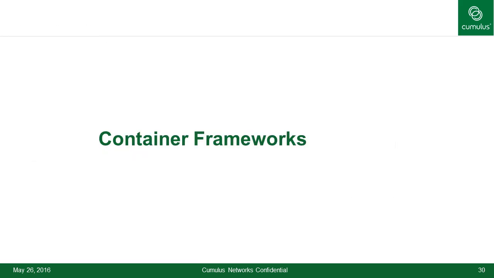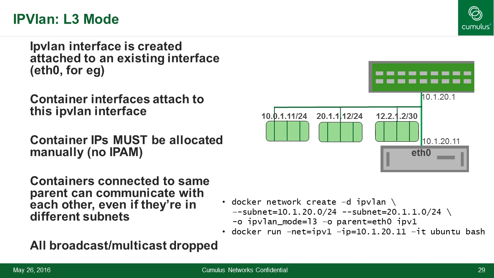The next one is IPVlan, which is yet another driver inside the Linux kernel. IPVlan does not have anything to do with overlays, does not create a new way of constructing IP-in-IP encapsulation, none of that. It's just a driver. The basic idea is an IP interface, a VLAN interface is created, and inside that interface, you can associate any number of virtual interfaces. Each of those virtual interfaces can have their own IP addresses without regard to any subnet. When IPVlan is run in L3 mode, those different containers running different subnets can communicate with each other.